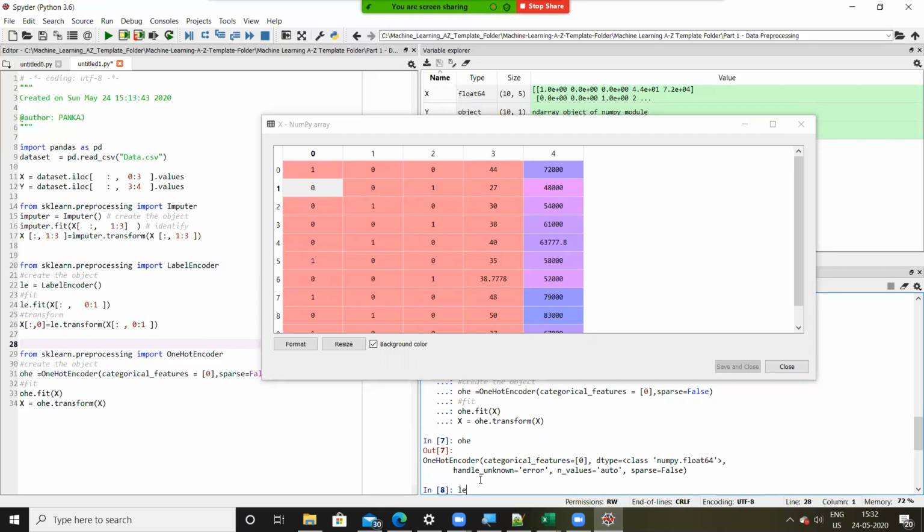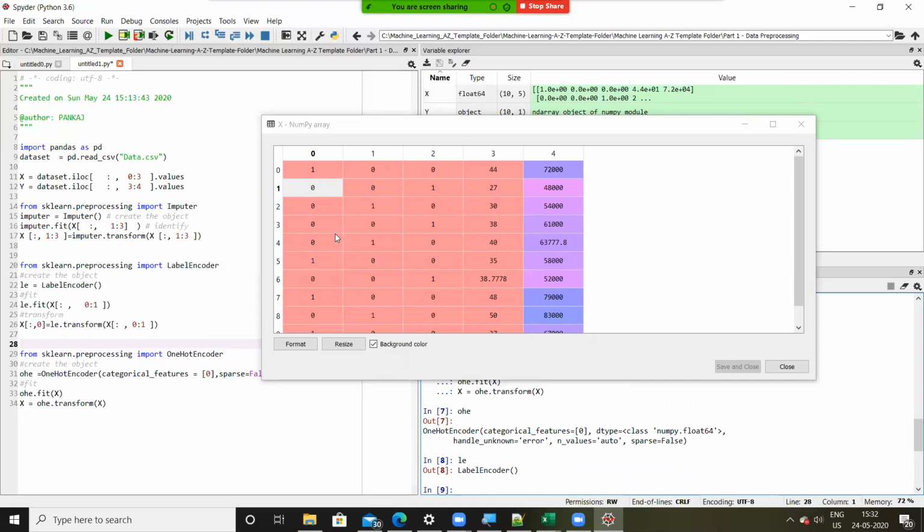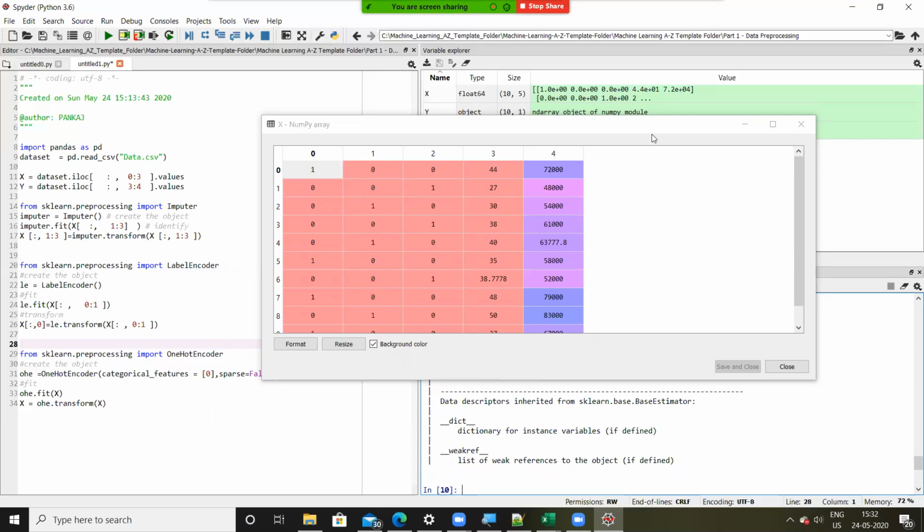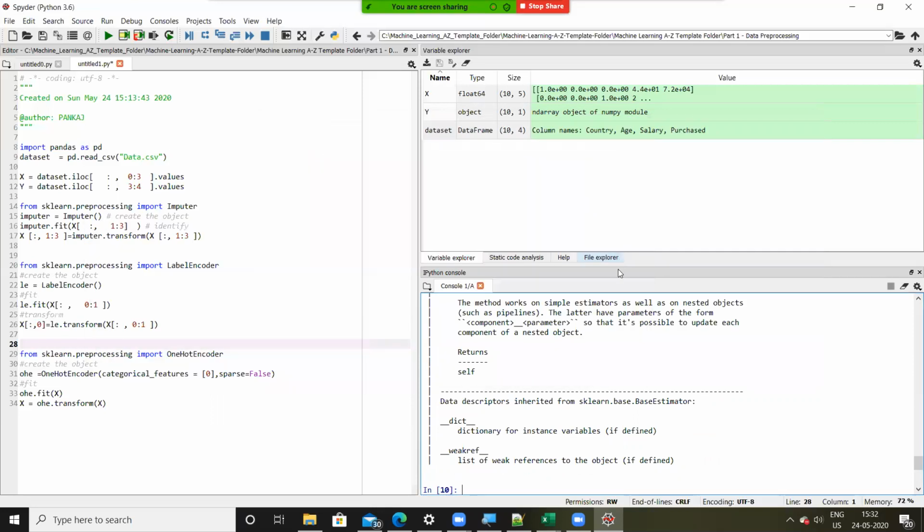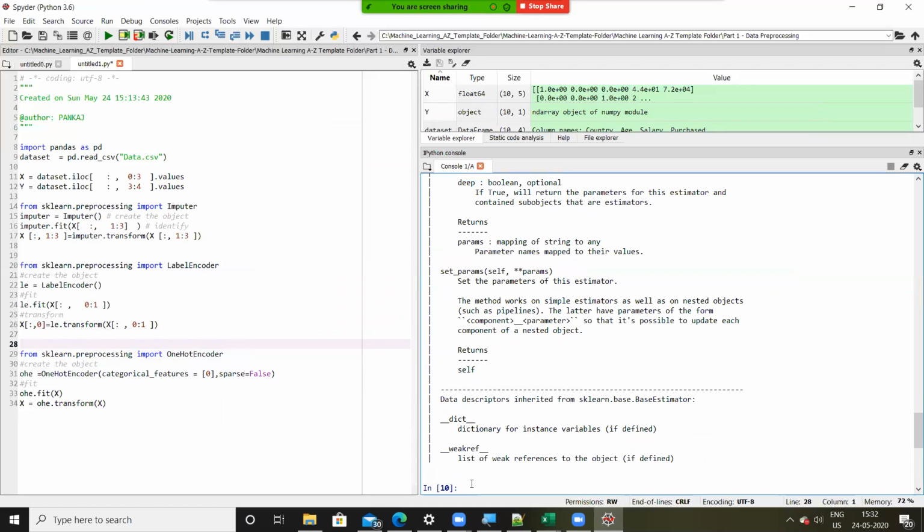Because we got zeros and ones from label encoder, right? No, not zeros and one, 0, 1 and 2. These unique mappings, we got it with the help of label encoder. So label encoder has something called as classes. So if you simply do help on label encoder variable, let me close this. See here what I did, I went to the IPython console, and in the IPython console, I just simply typed help, and inside help, I am passing label encoder object, the same object that we created at line number 22.